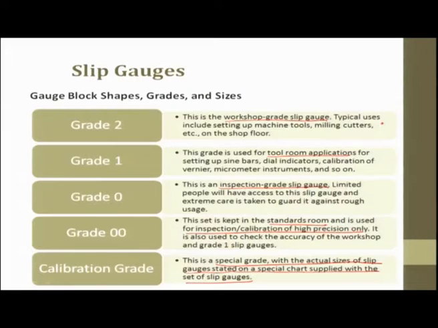So, this is at the shop floor where the operator works, then it is taken to a tool room, then the tool room gets calibrated at a higher end, either inside the factory or in the city or in the state. Then it is taken to the standard, like last time when we discussed, I was trying to tell you this is district level, this is state level and this is country level, and this is a special type which is used. So, these are the 5 grades of slip gauges which are used in real time.